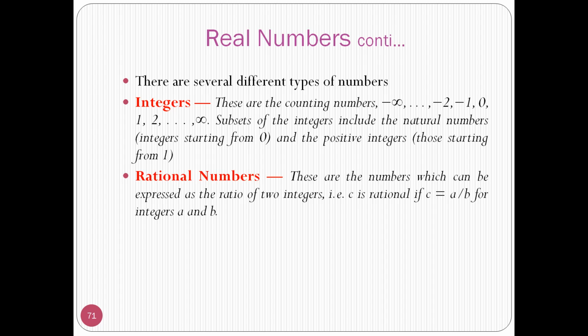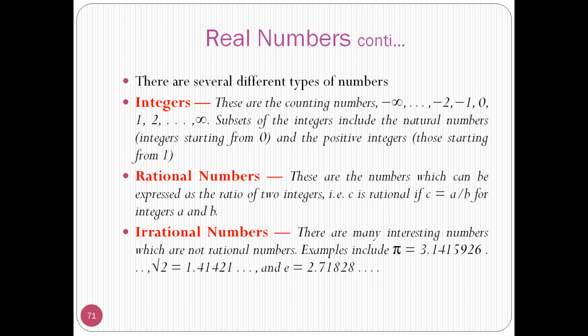That is, C is rational if C is equal to A divided by B for integer A and B. You can clearly understand from here that rational numbers represent the ratio of two integer values, and we find a rational number by dividing one number by the other, and the resulting value is considered a rational number of these two numbers. Next one is